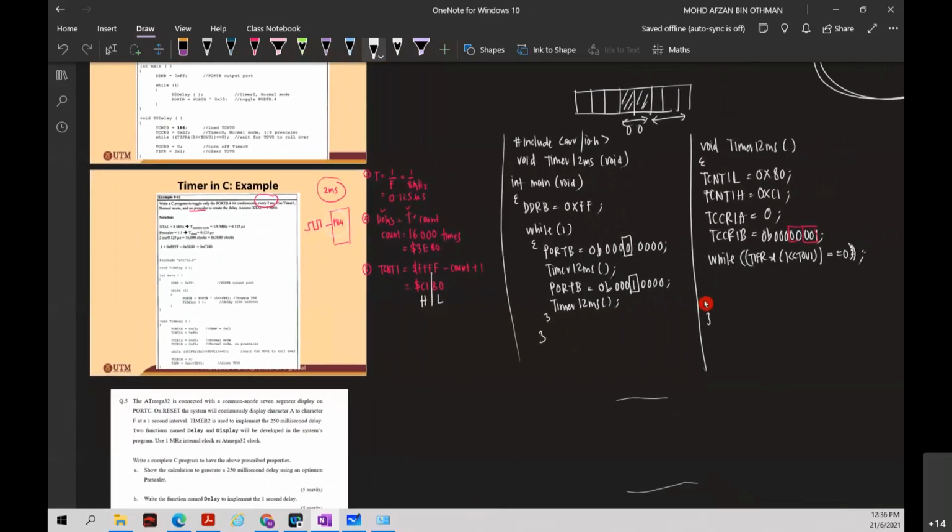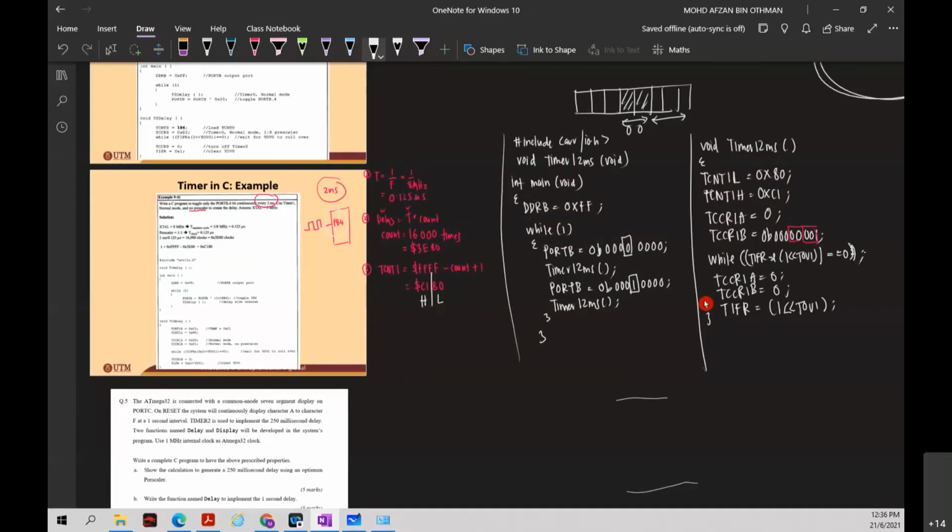What happens if yes? Stop the timer. And after you stop the timer, clear the TOV1 flag. So this is the solution in order to generate a square wave